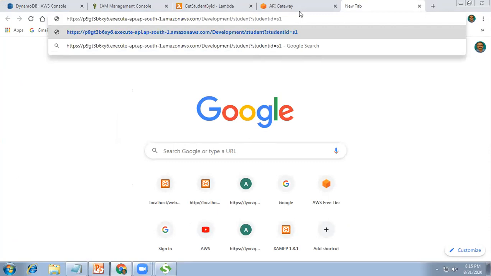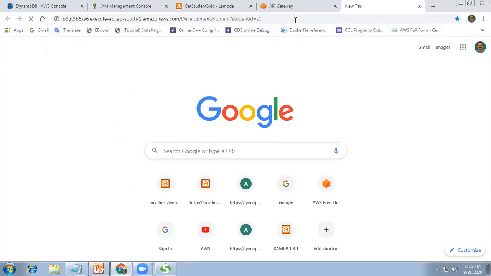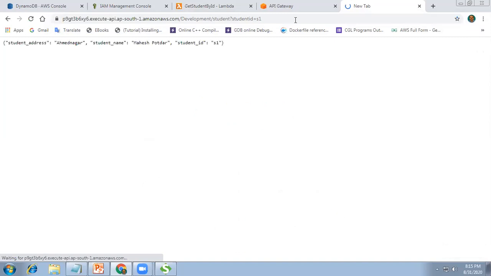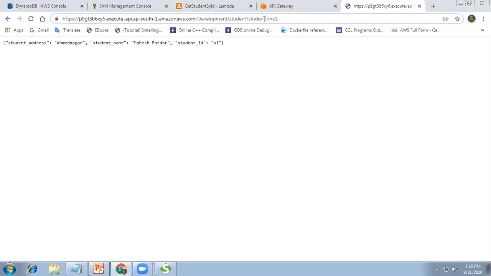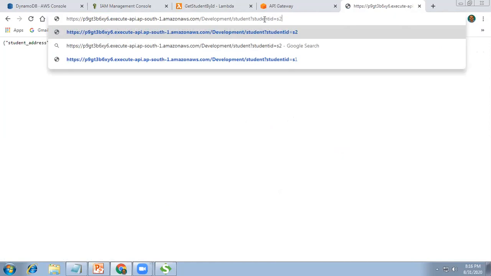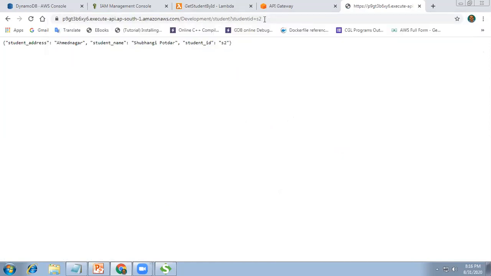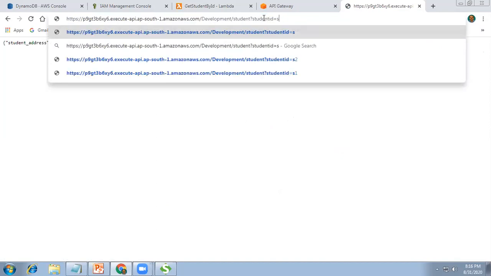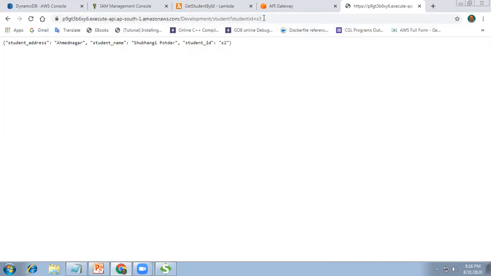I'm not using the testing tool here. See here, the URL is available, and this URL is running successfully on the internet. S1, so the first record is retrieved. Second record. I have shown you how to test this URL using SOAP UI. Second username, and the third username. For the get method you can use the testing tool, or you can test this URL simply in the browser, the third record.